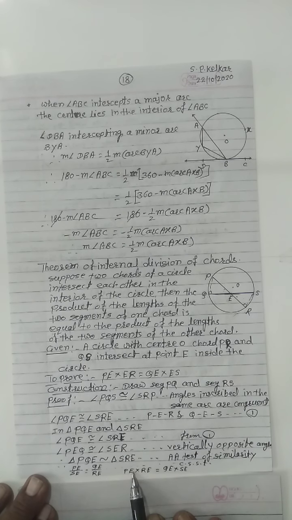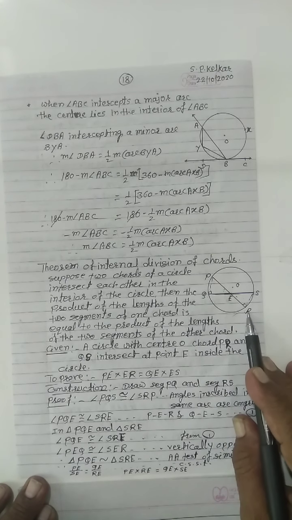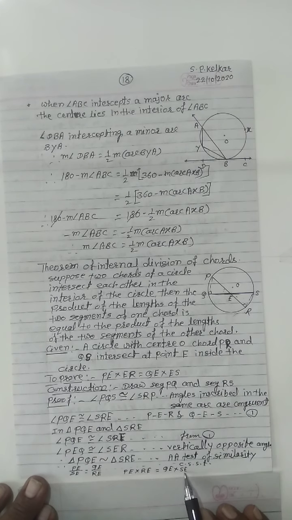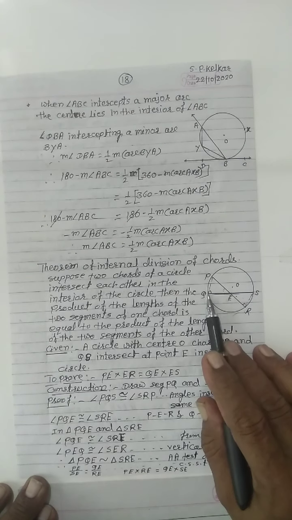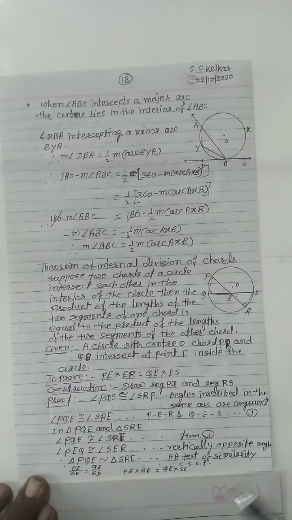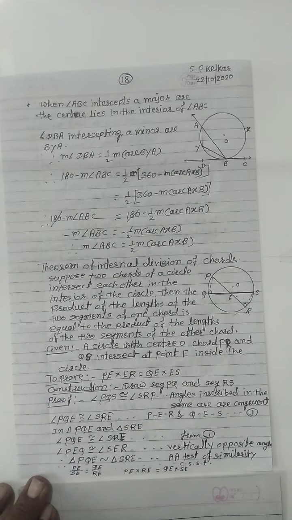These are the segments of the chord: PE and RE are the segments of chord PR, and QE and SE are the segments of chord QS. The products of these segments are equal. In this way we prove the theorem of